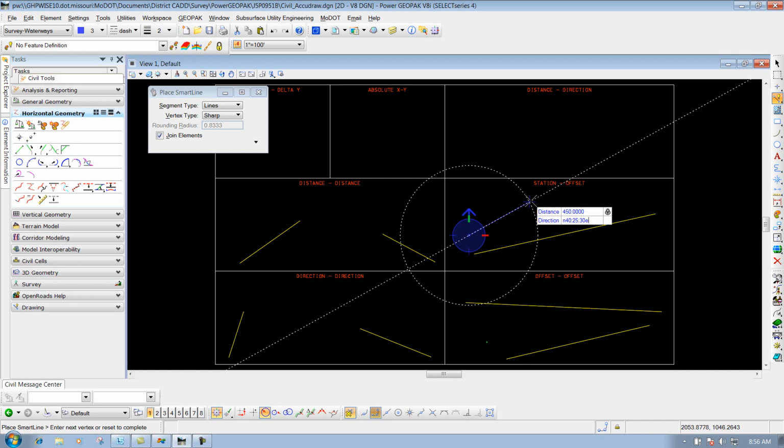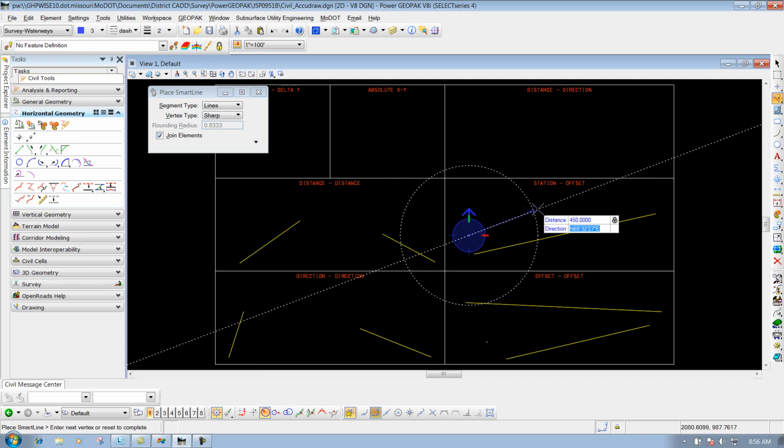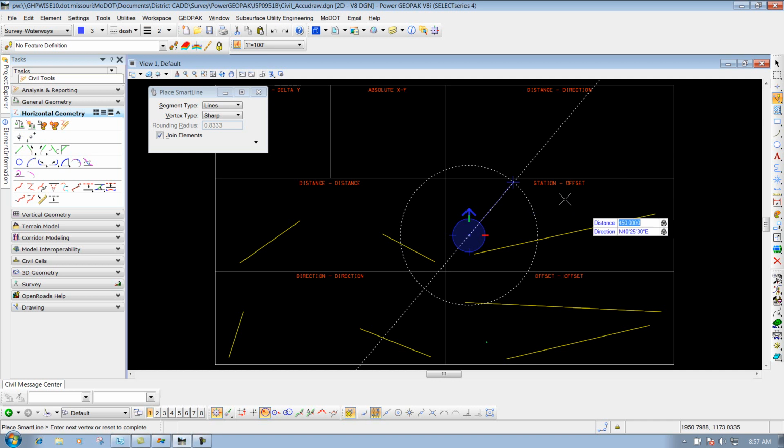A couple other options that you can also do is, let's say we come in here, I'll do north 40 colon 25 minutes. Basically you can put that minute symbol up above there, which is basically the same thing as a foot symbol, and then whatever seconds that you have. That's another valid option that you can do. Another one that you can do is you can do 40 with the caret symbol, which defines it as degrees, 25 minutes, 30 seconds east. That's another valid option. And if I hit the enter key, it'll lock that value in. A few different ways you can do it, but probably the easiest, like I said, is to come in here and do